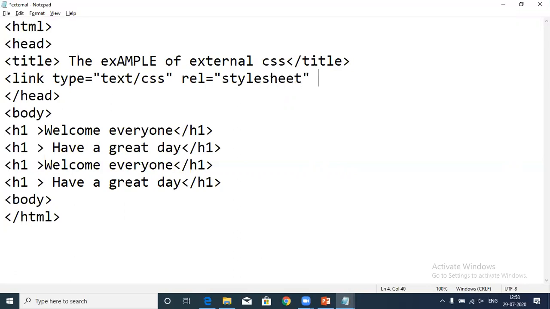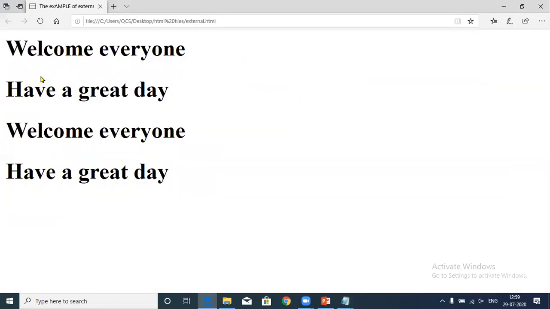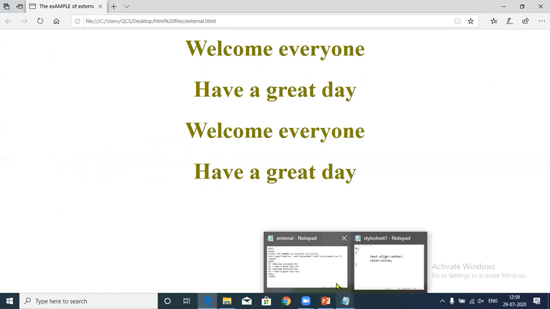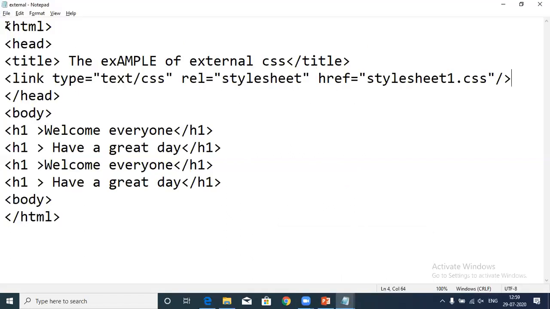Third attribute is the href attribute. In href attribute we give the name of that particular style sheet. The name of the style sheet we have given is stylesheet.css. After this, I'm closing the tag. I'm saving it. Now I'm refreshing my page. You can see now that particular kind of formatting has been applied to my page. Okay, so my CSS file is linked right now.